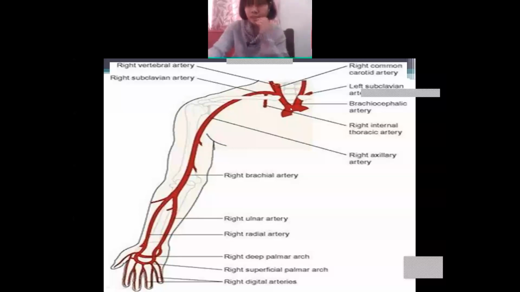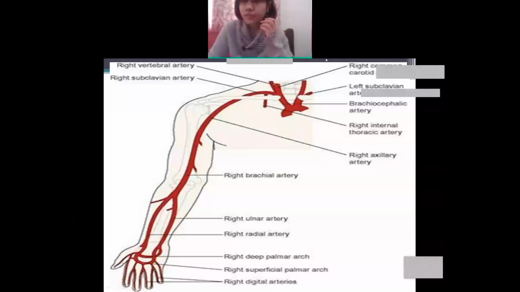So this is the aorta. From the arch of the aorta means from the heart side, from the arch. Arch means curve. Arch of the aorta मतलब ये जो कर्व है, सीधा नहीं है, थोड़ा टेढ़ा होगा, तो वहां से it will join and it will come to the right subclavian artery.